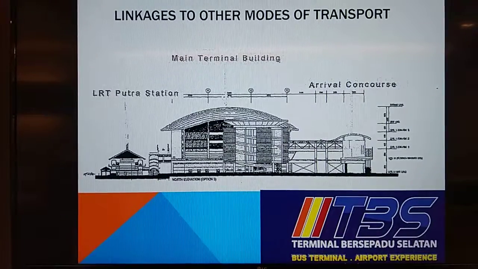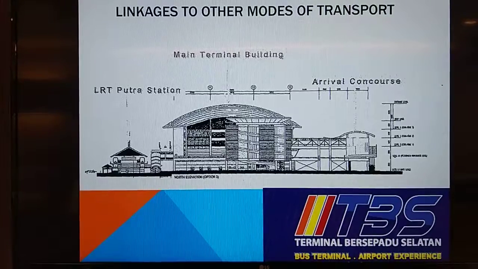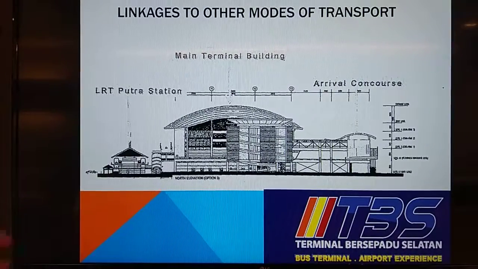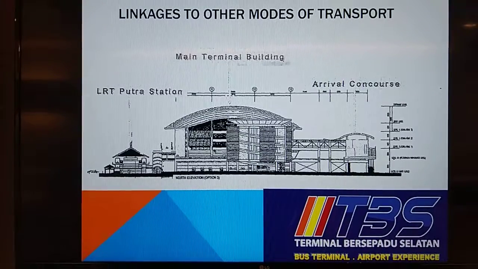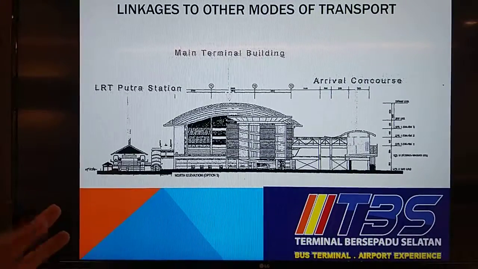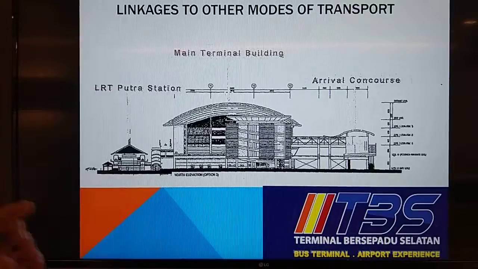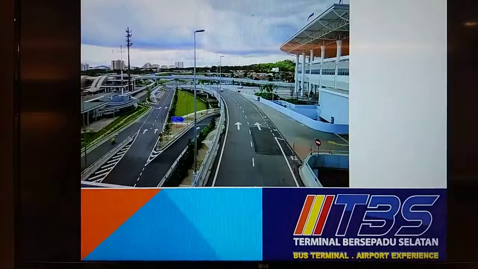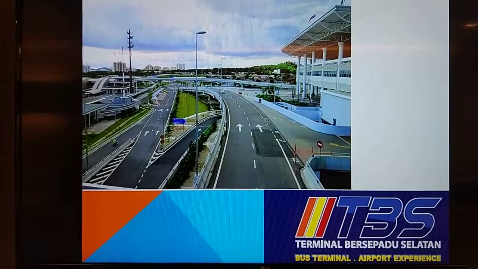So the main terminal in the middle is composed of three major parts. One connects to LRT Putra station. The other one connects to the KLIA via arrival or concourse. So upon approach,